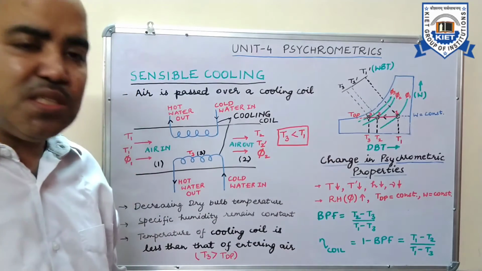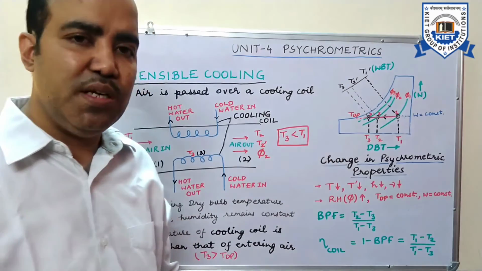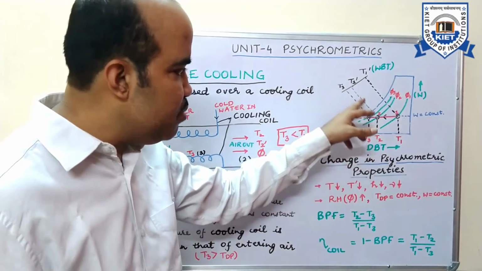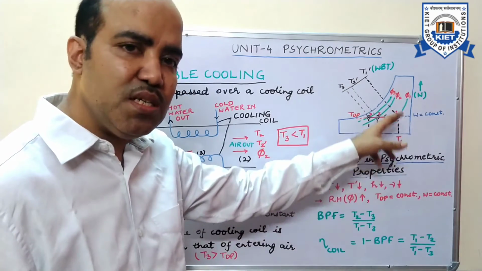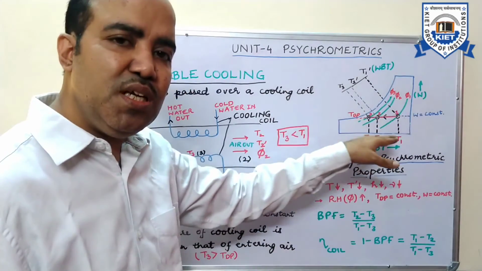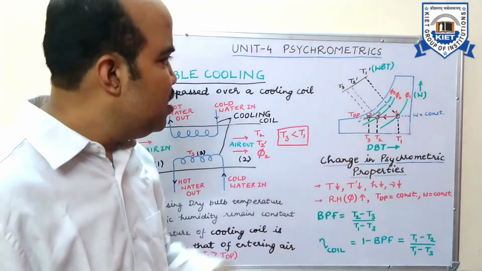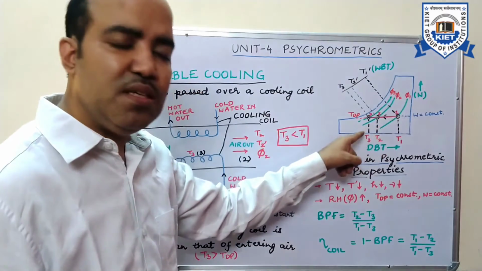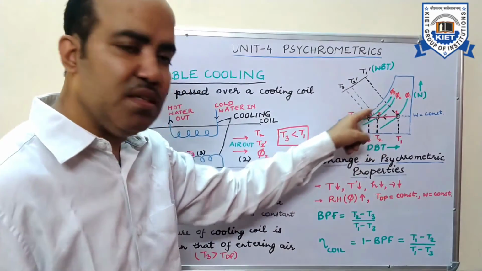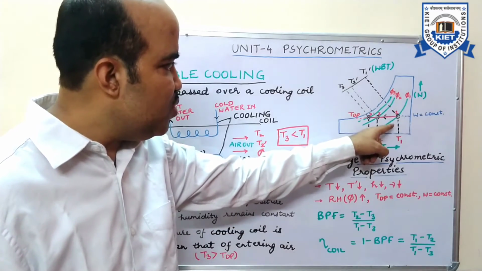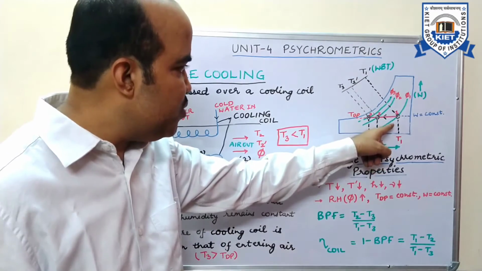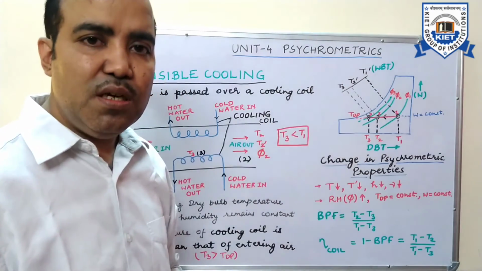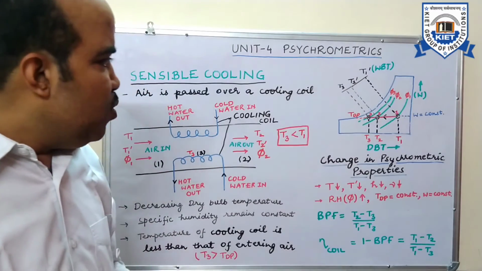In the previous lectures related to this unit, you must have studied that constant dry bulb temperatures are denoted by vertical parallel lines, constant specific humidity lines are denoted by horizontal lines, and constant relative humidity lines are denoted, as you can see here, by green color curves, with the value increasing as we move from phi1 towards the blue color line, which is the 100% relative humidity.